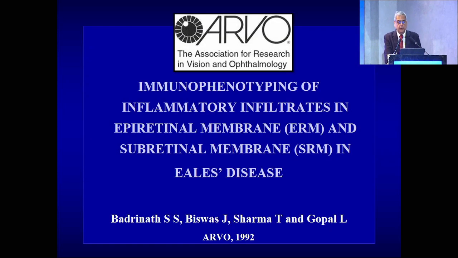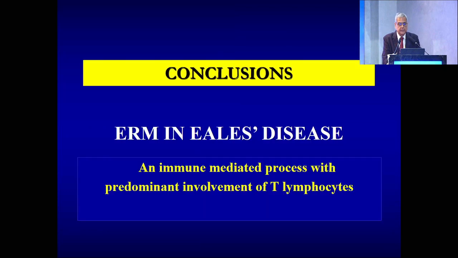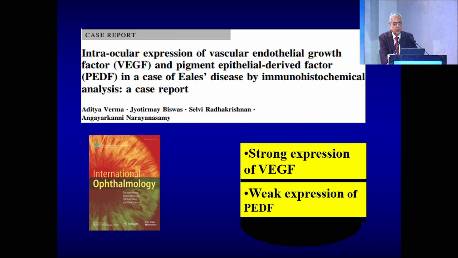We did the immunophenotyping of the inflammatory infiltrate of the epiretinal membrane and subretinal membrane in Eales disease, and found predominantly pan-T cell marker positivity, as shown in the bottom panel. We concluded that this is an immune-mediated process with predominant involvement of T lymphocytes. We looked at the expression of vascular endothelial growth factor and pigment epithelium derived growth factor in case of